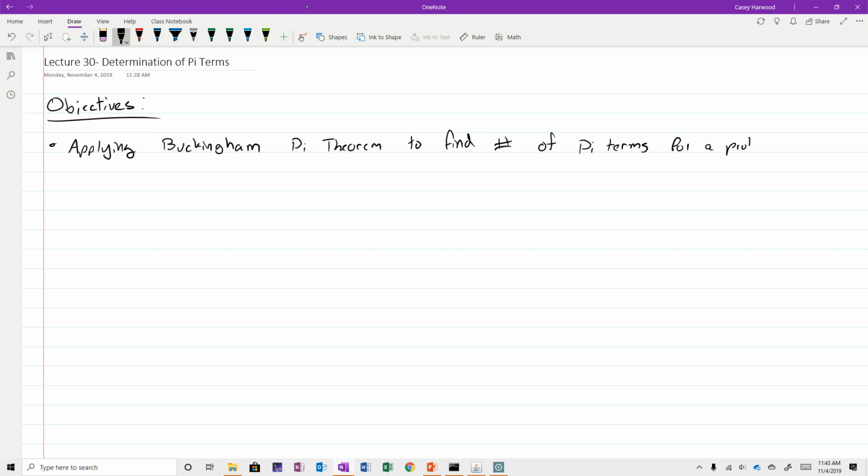for a problem. Okay, and we introduced this idea of pi terms last time as being dimensionless variables that we can look at instead of all of the individual dimensional variables in a problem. We actually want to determine the pi terms using what we call the method of repeating variables. And then